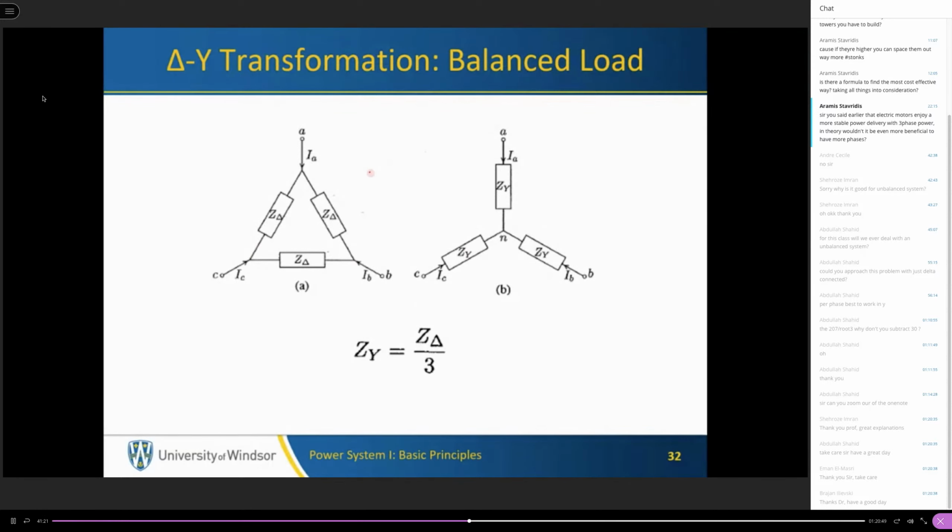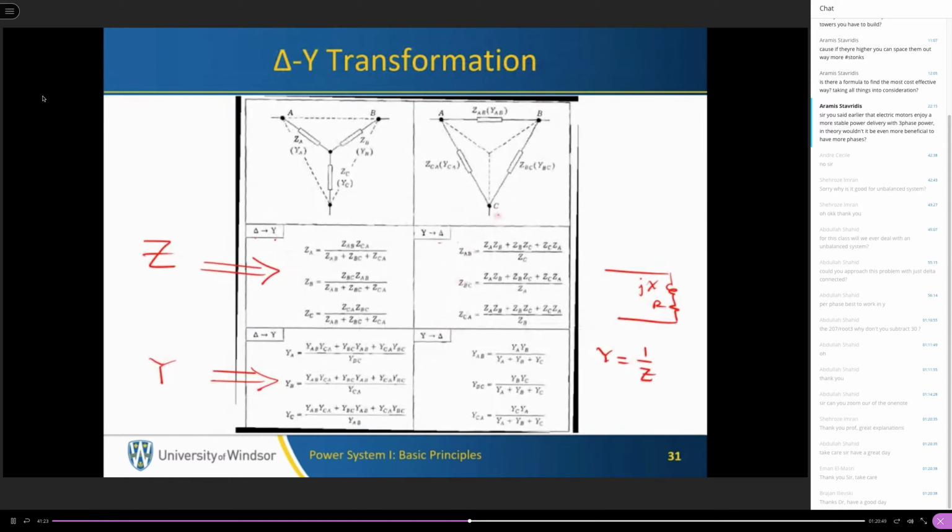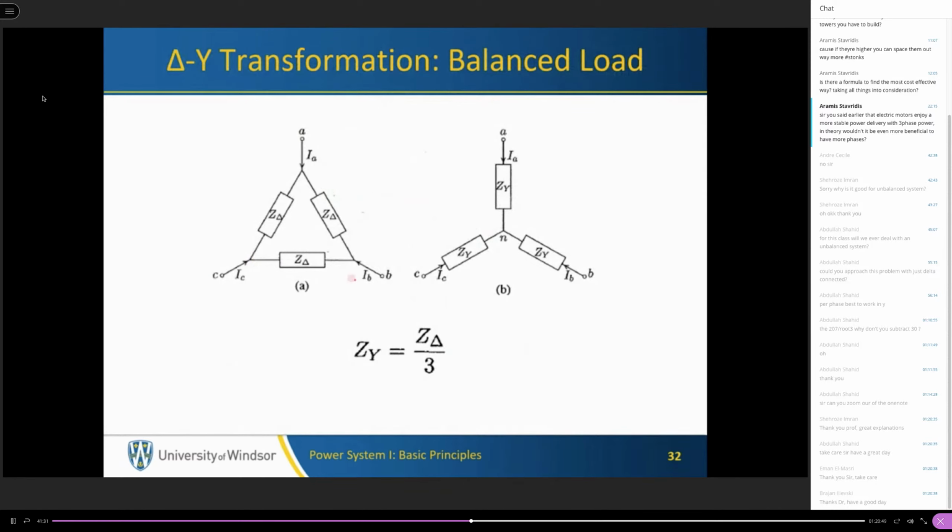If the system is balanced, then we don't need to worry about this table. This is useful when the loads are unbalanced. But when the loads are balanced, then it is very simple. The equivalent star impedance is equal to the delta impedance divided by 3. So if you want to convert from here to here, this is what you need to memorize. And of course, I'm going to provide you with a formula sheet. The exams will be take-home exams, so you have all the equations,